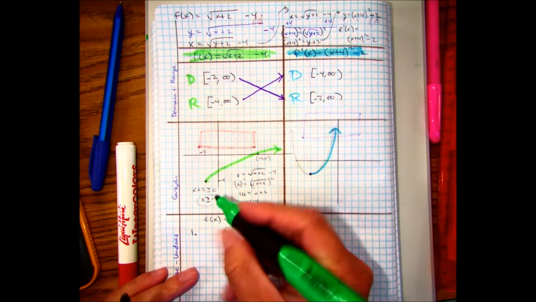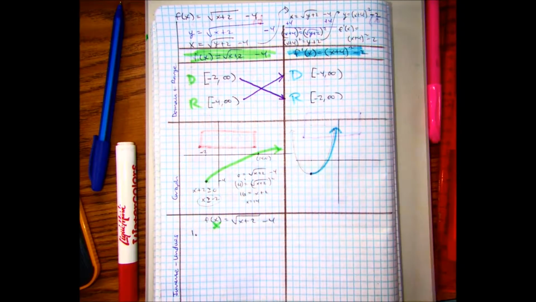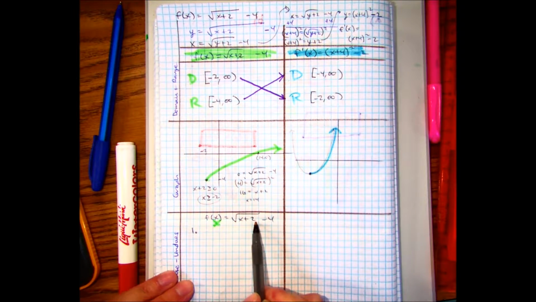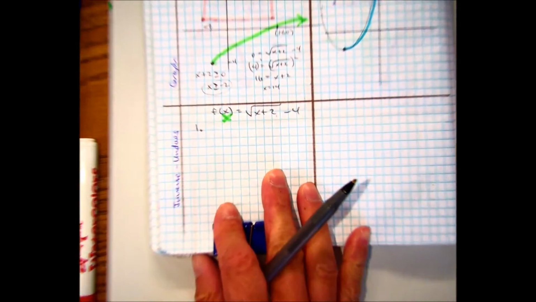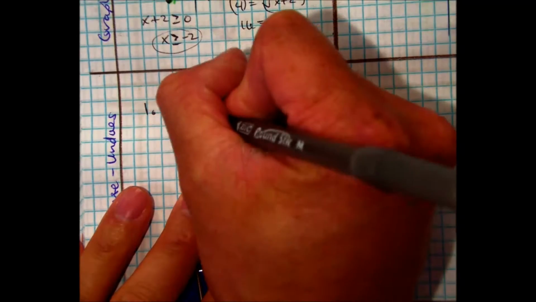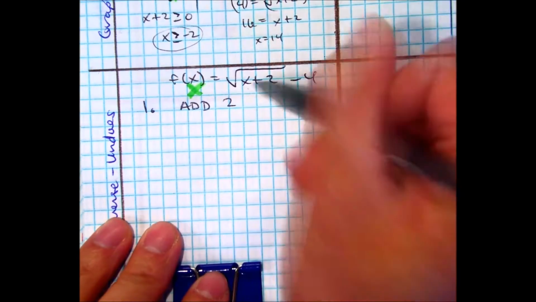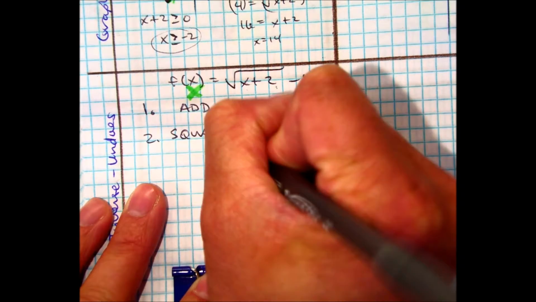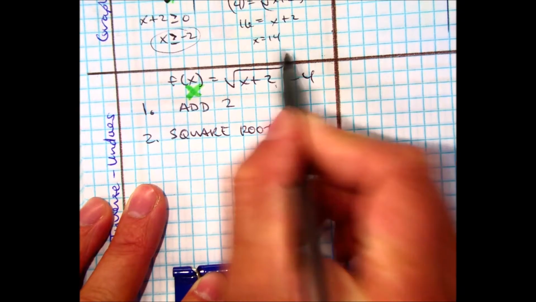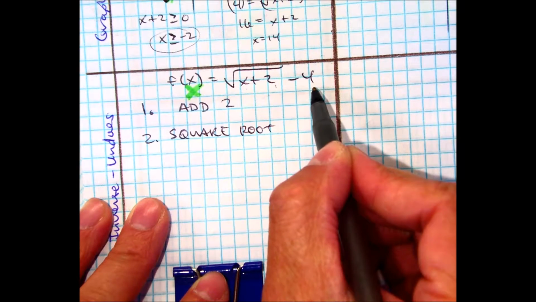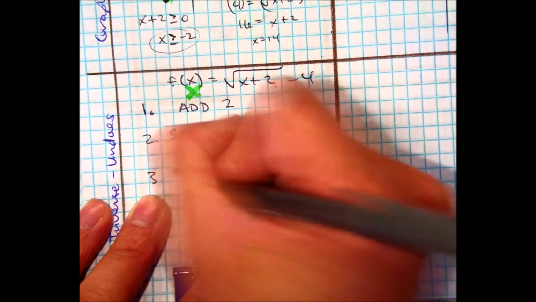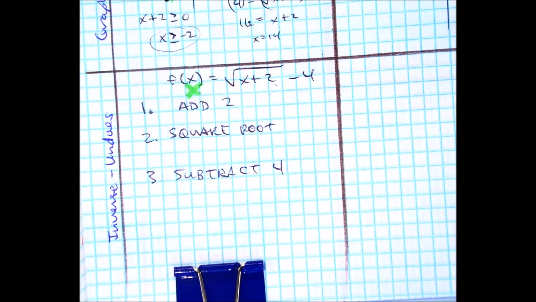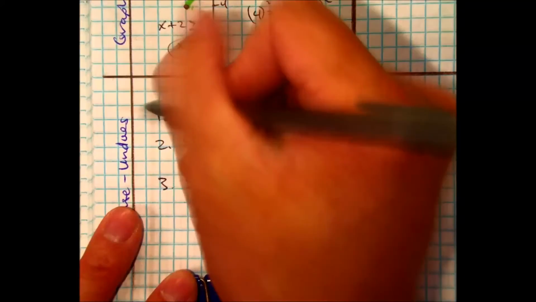If I write the variable x, tell me, class, what math operation is next to it? Add 2. Yes? Yeah. And then all of that is what? Square root. And then that whole expression is something minus 4, so we say subtracting 4, or take away 4. Subtract 4. Okay? And what we did there is we did